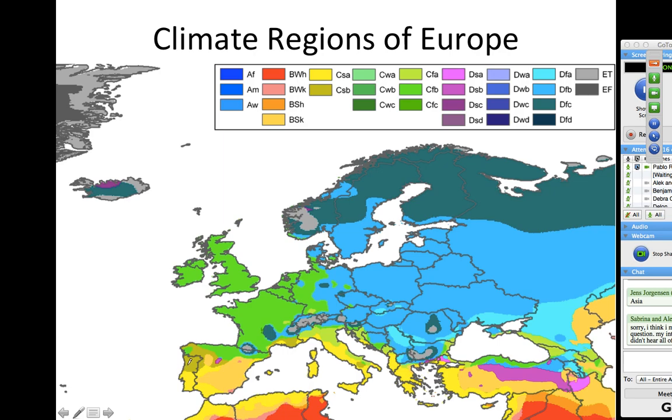We have the western coast of Europe and Great Britain having a very wet and mild weather, so it corresponds to these areas. Then we have the Mediterranean coast, all the coast of the Mediterranean Sea of Europe, with a Mediterranean